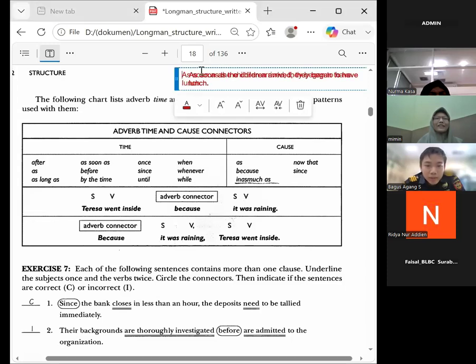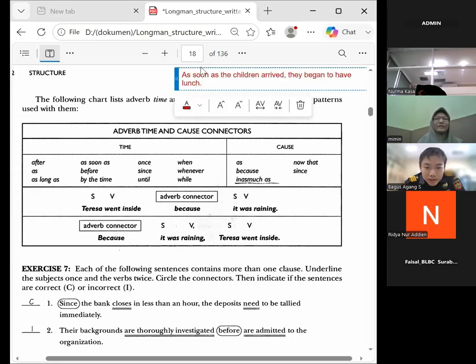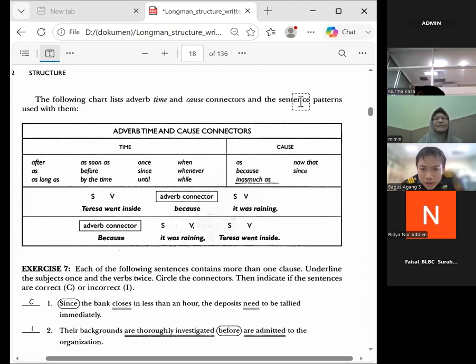Like "since" with present perfect, and then after that we should use past tense, and then like this one, "as soon as" is past tense. And what about the others? Well, actually, the exception only goes with "since". And when we talk about adverb time and past connectors and other skills, we talk about all tenses. So you can use "after" for simple present. You can use "after" for past. Let me give you an example.